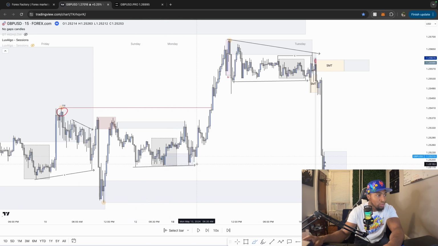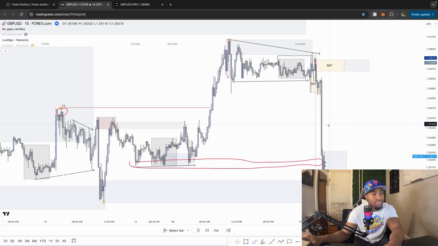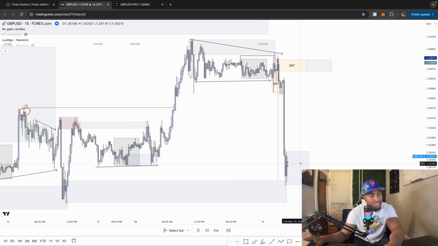This triple bottom, people are looking at this as resistance, or support, I should say, drawing a box over it or a trend line or whatever, and expecting price to bounce off of this. So it's using that as some type of liquidity to push lower into here. Price gets into here,